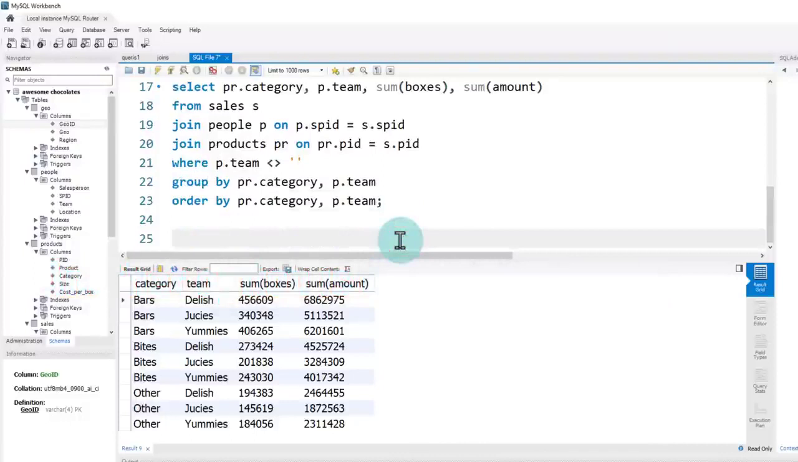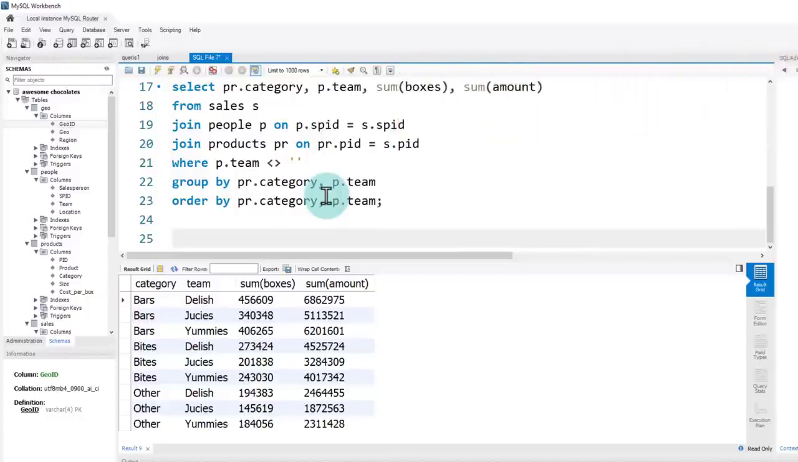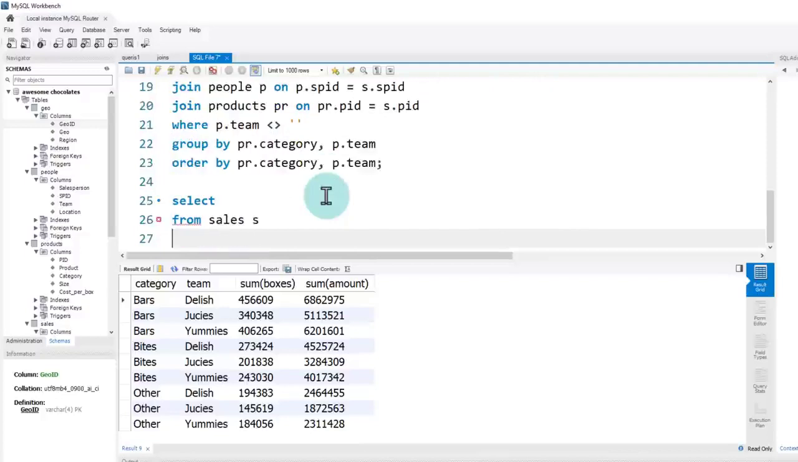We'll conclude our SQL learning with one last example wherein I want to show our total amounts by product and then show just the top 10 products. I don't want to see everything. So we'll try two steps. First, we'll see all the products, and then we will go and add just the top 10 condition. So this is where select from sales S, join products PR on PR.PID is equal to S.PID, and then